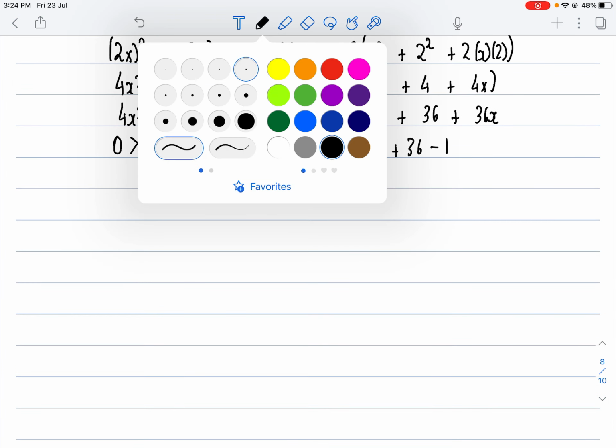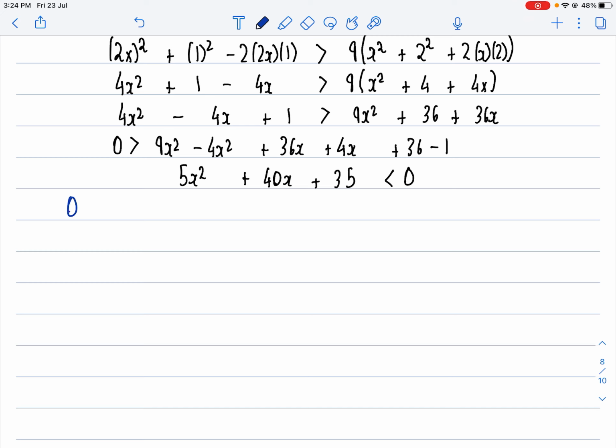Now I can write this as 9x square minus 4x square, which is basically 5x square, plus 40x plus 35, which is less than 0. Now the step is to solve this quadratic using the calculator. So on the calculator,